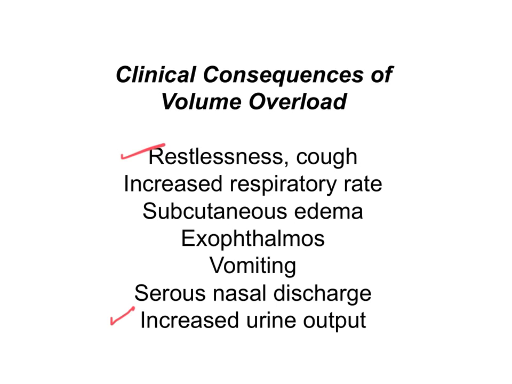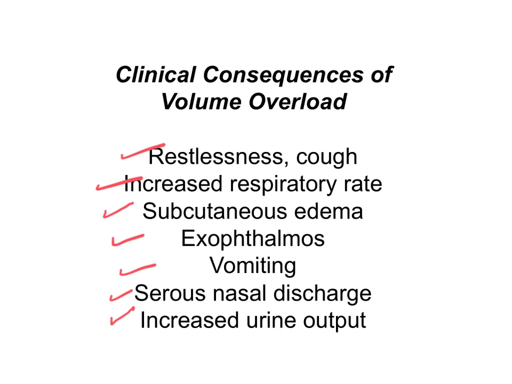So we get restlessness and coughing, increased respiratory rate. We may even get subcutaneous edema. And in animals that can vomit, like the dog and the cat, they may actually vomit with an overload of their venous system. And of course, they'll have bug eyes called exophthalmos. And in very severe cases, you may see a serous nasal discharge reflecting the increased pressure on the venous side